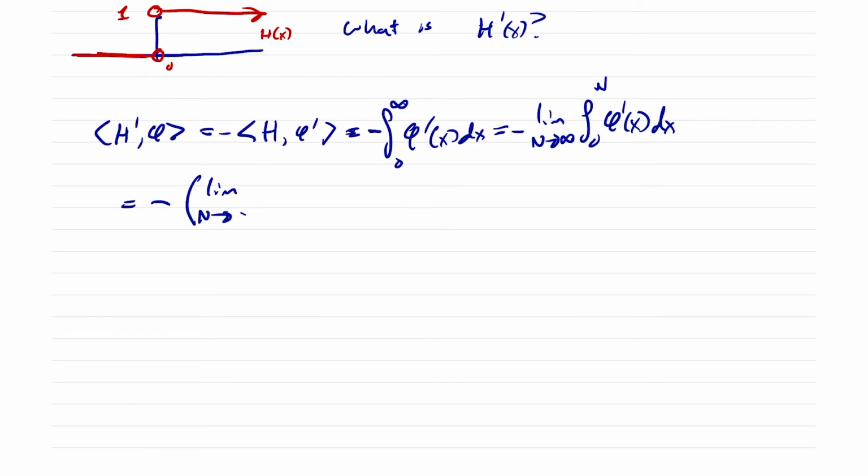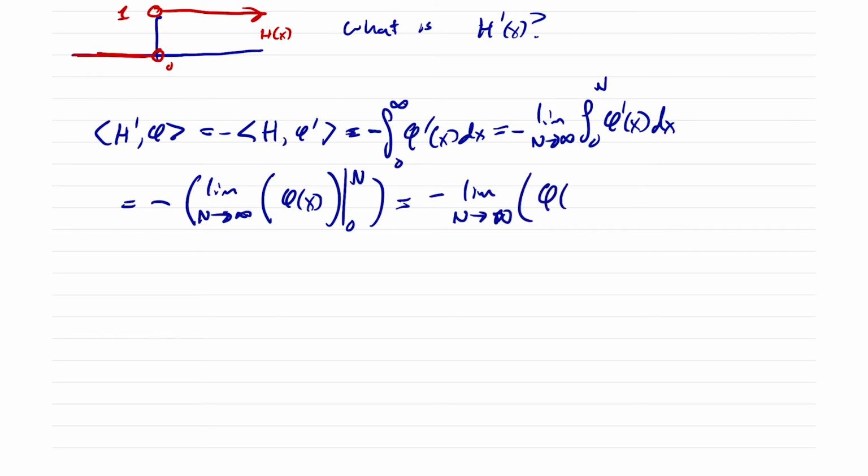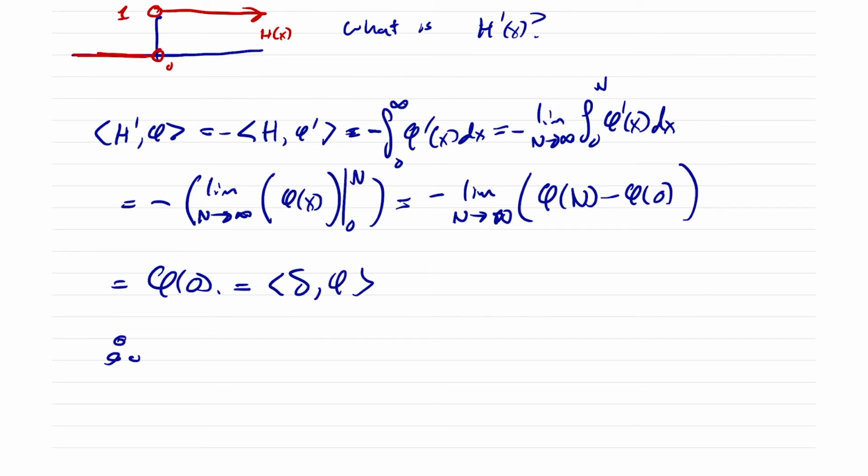the limit as n goes to infinity of phi of x evaluated at 0 and n. So this is minus the limit as n goes to infinity of phi of n minus phi of 0. Phi of n as n goes to infinity is going to go to 0, and so ultimately this gives us phi of 0. But we know that phi of 0 is equal to delta against phi, and so